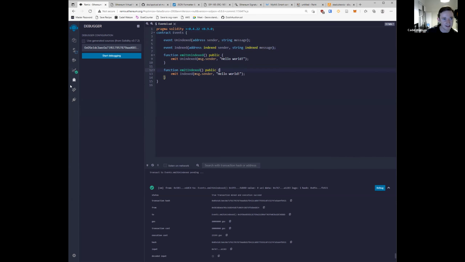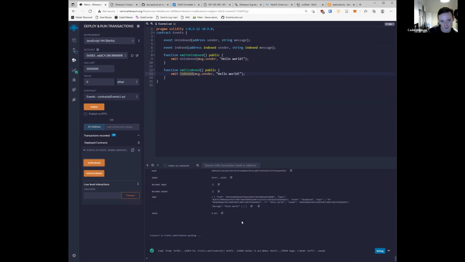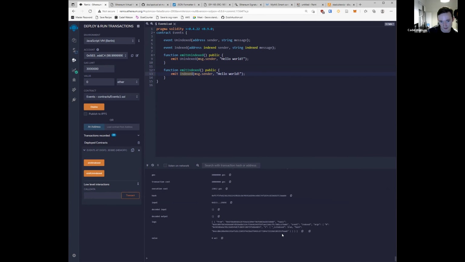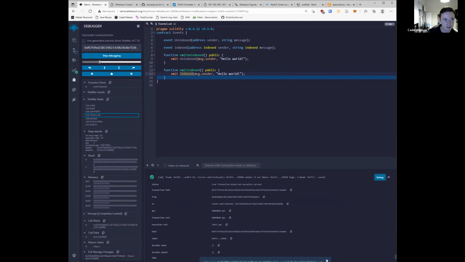And we can actually see that if we now call emit indexed, which is going to emit this one. So I've called emit indexed. I'll look down and I can see I've got mostly the same log information. I'll talk about the mostly in a second. I can see this is the address here that has been emitted. And if I debug the transaction and I jump to the end,